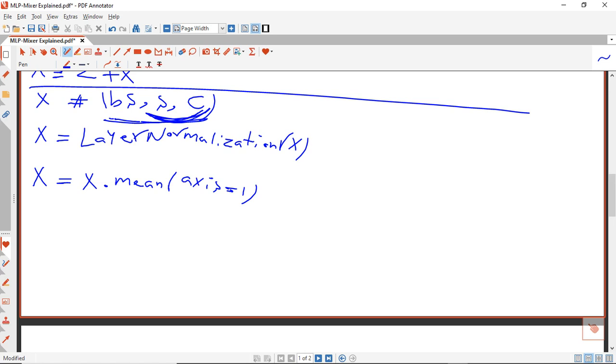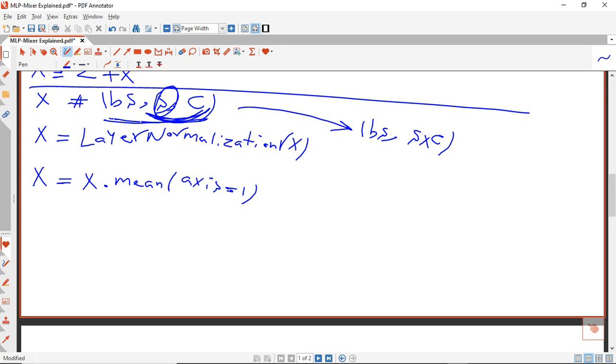For example, we can transform it to something like this: batch size, S times C. But it's not a wise choice because the number of parameters will be very large. So we can take mean along one of these axes. A wise choice is taking mean along patches axis or along S axis. So we take mean of X along axis 1,